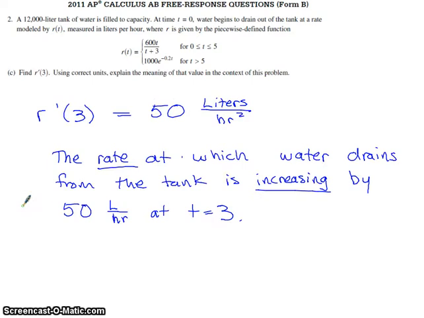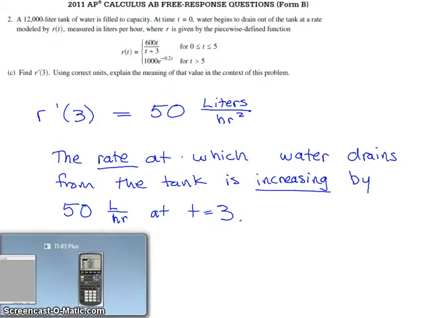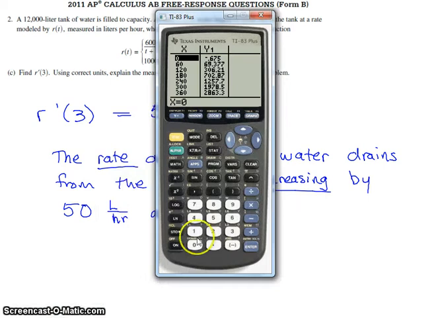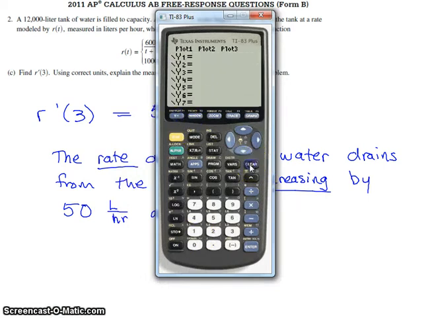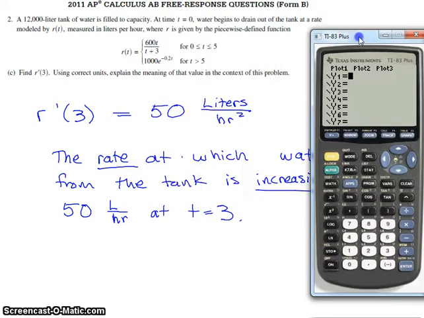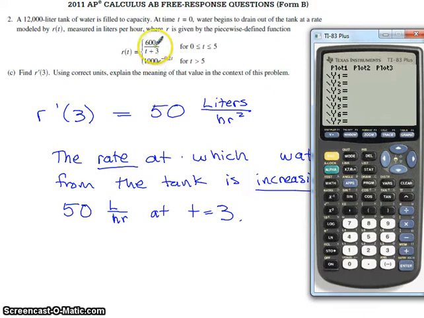Part C asks us to find r prime of 3 and then try to explain what the meaning of this is within the context of the problem. So the way that I personally did this was on the calculator, and I started with a graph of not all of r of t. I want to know what r prime of 3 is, so I'm going to graph the first part of the function here. So I'm going to have 600